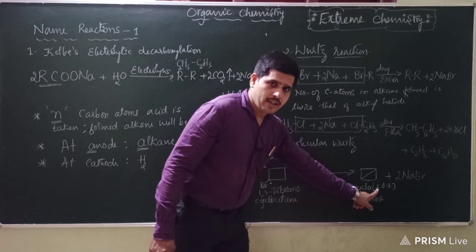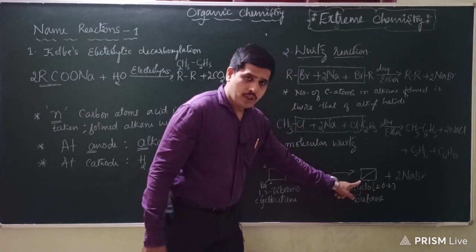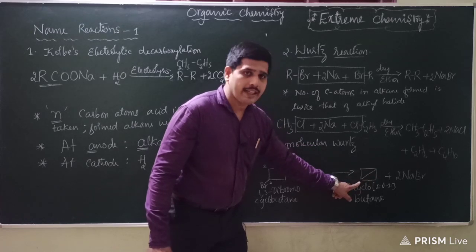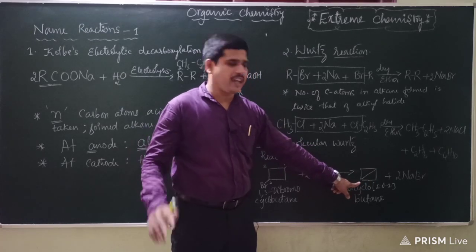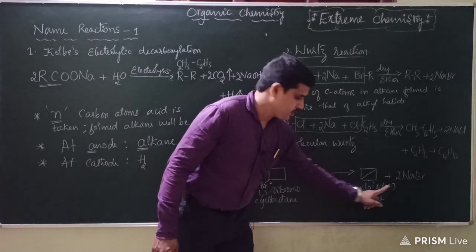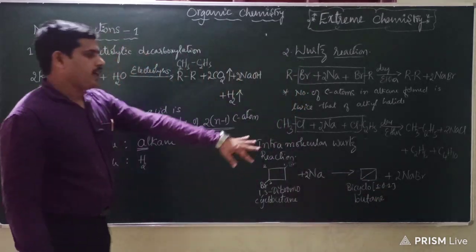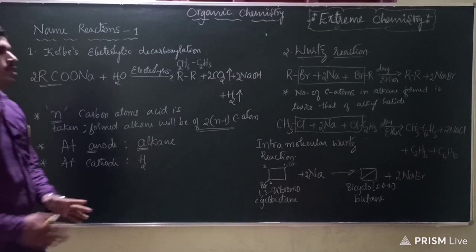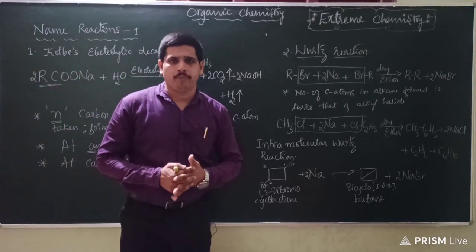So for the first ring or cyclic compound, the number of carbon atoms, you have to take care that the interconnected carbons should not be counted. 1, the other 0, then again 1. So butane is the entire or total number of carbon atoms. So this is how you are supposed to name.